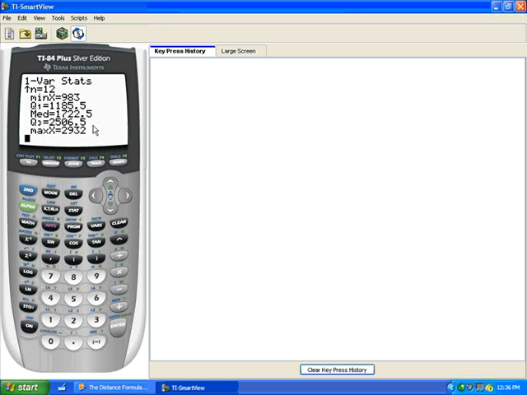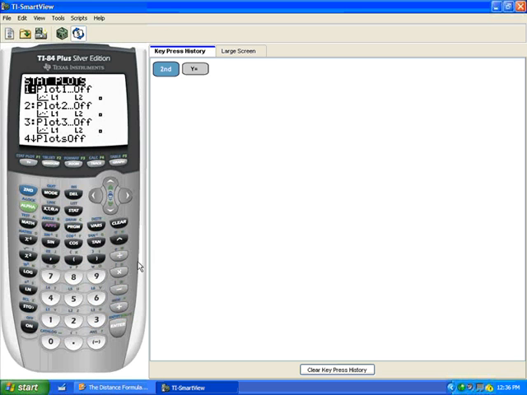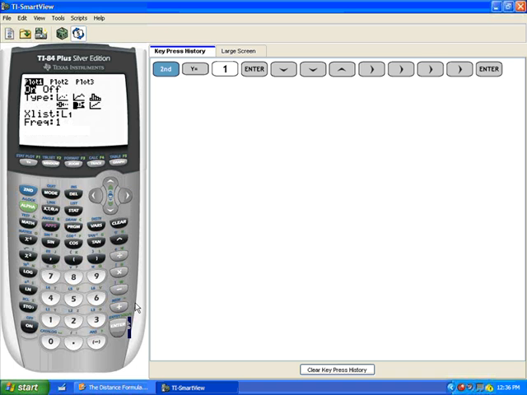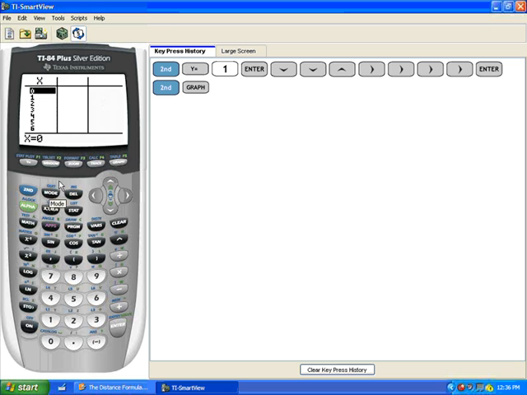And if we want a plot, we can go second, stat plot. Under number 1, we will turn stats plots on, and under type we go over several times to turn it to Boxplot, box and whisker plot, and it knows the X list, it knows the frequency. And when we hit graph,